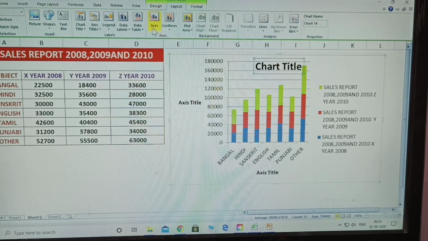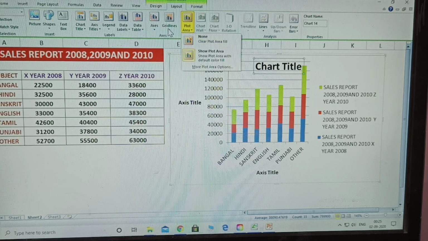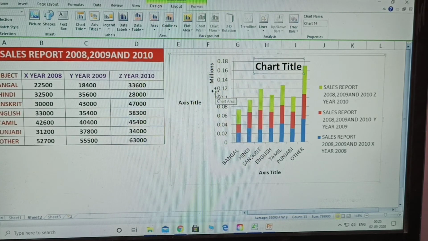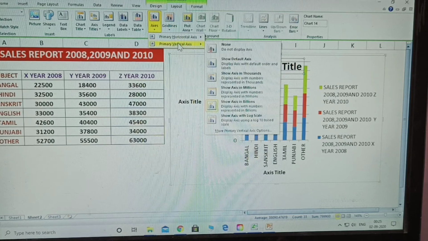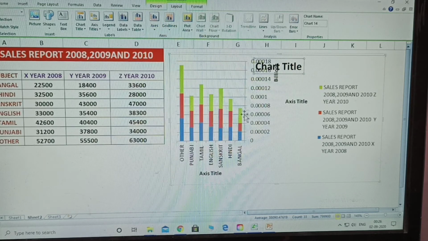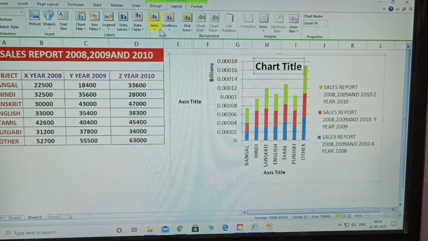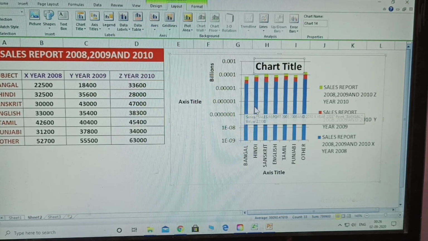Next one, the axis: show the right side vertically, axis in millions. This axis can be modified to millions, and the vertical axis can be in billions. Billions wise and millions wise, the axis can be modified. On the left side, all the modifications are available. Once you select, you choose which one you need. After billions, whether billions or other units, the axis can be set with a log scale only. This is the log scale of the axis.